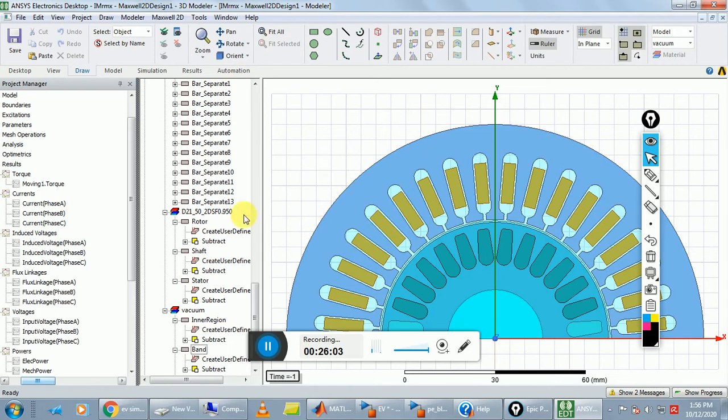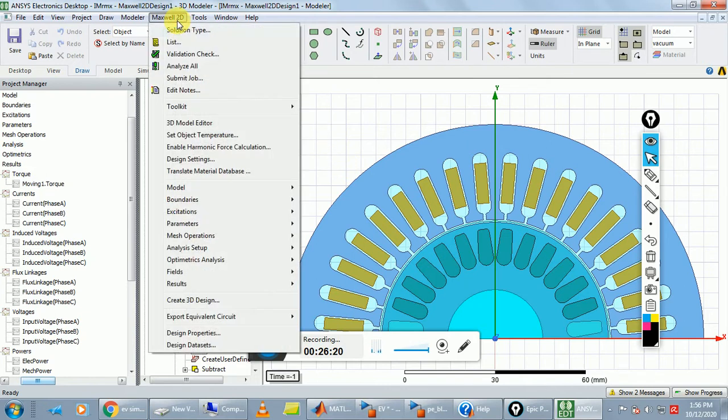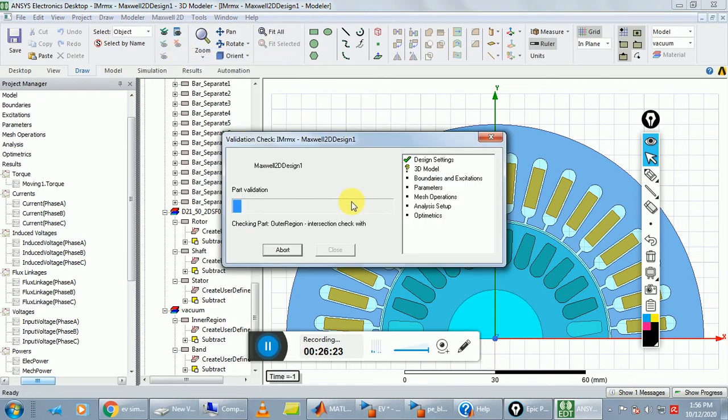Okay, so conversion is completed here. So what is the next step? Next step is apply validation check and check if our design has any error or not. Go to Maxwell 2D and apply validation check.